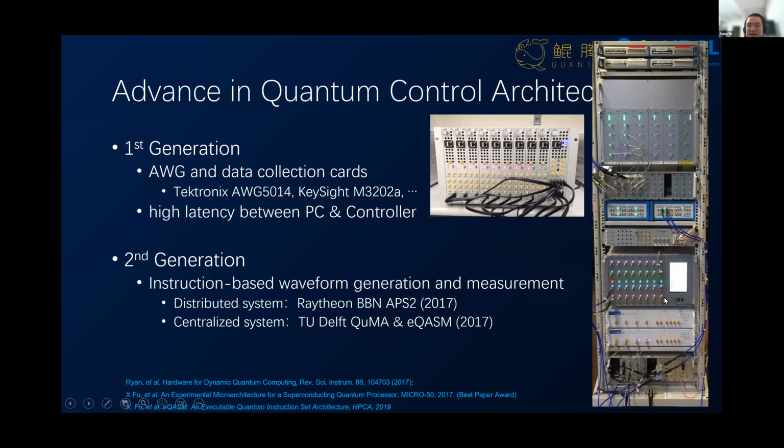Another example is the Delft centralized system, which I developed. We use instructions to coordinate the operation of all electronics and further control the qubits. So it is possible for hardware to support programmable real-time feedback using instructions.